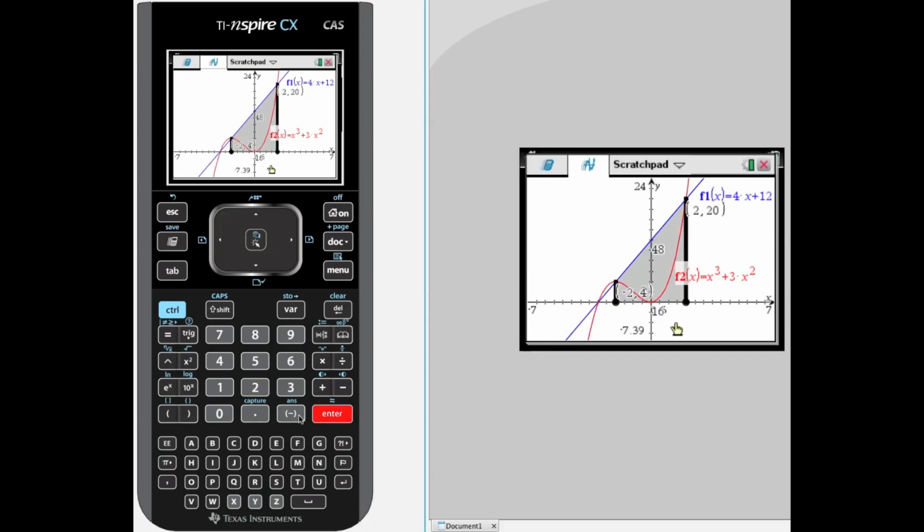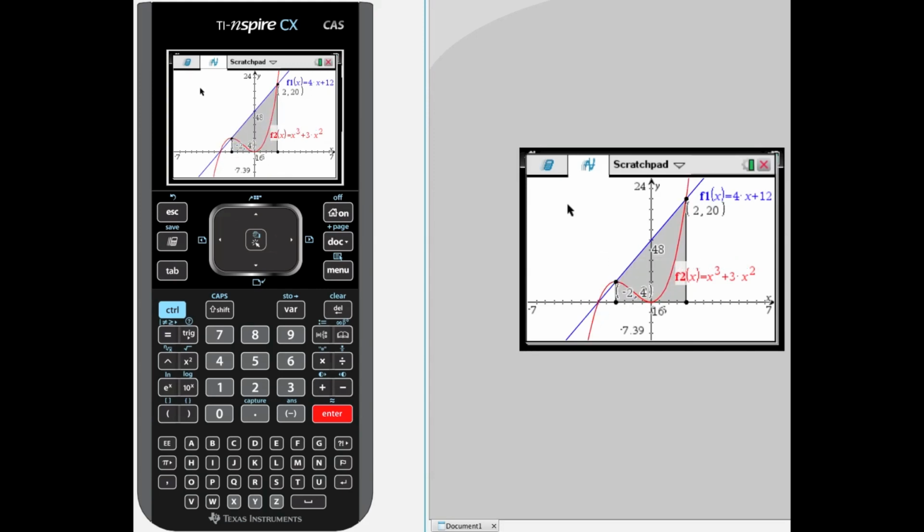And that lower area, or the area below the cubic function, between that and the x-axis was 16. And if you subtract those, 48 minus 16 is an area of 32, which was almost the complete answer, I believe, between the area of those two graphs, because this is such a small area.